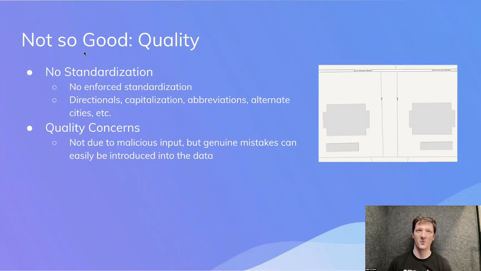But when you can't enforce standards, then you have a bunch of data that don't have standards. So in regards to address information, there's a lot of directional information: north, south, east, west. Are those supposed to be capitalized, or is the entire word supposed to be capitalized, or only the first letter? Are they supposed to be abbreviated? Is north just supposed to go to N, or is it supposed to be fully spelled out, north? As well as,